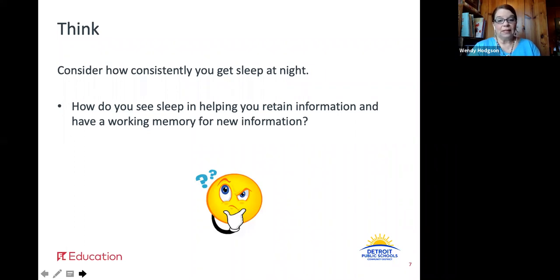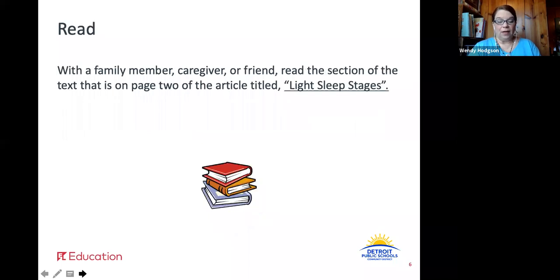How do you see sleep helping you retain information and have a working memory for new information? So pause the video now and go to the section Light Sleep Stages. And I'd like you to reread that section for about 5 minutes, and I'll meet you back here.